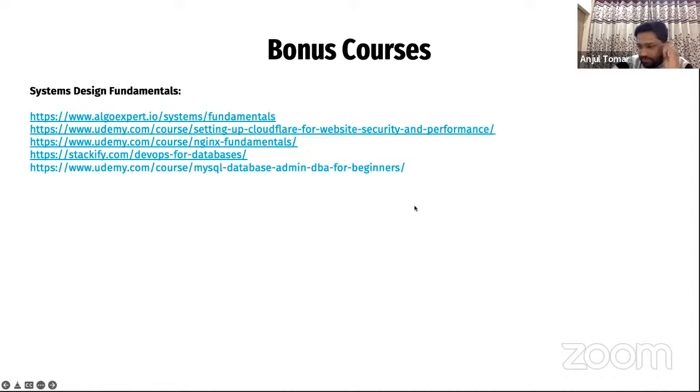There's a sample Cloudflare course. Why am I mentioning Cloudflare? Because there's an industry expert called Akamai, but Akamai is not freely available to everyone. Akamai is very, very expensive. If you go to the Akamai website and sign up, it will take many days to activate. When I was starting my career, I really wished to work on Akamai. I used to see how big organizations use DevOps and Akamai, but I had no resources. So a friend of mine in my beginner days told me to use Cloudflare. Cloudflare is a similar tool.